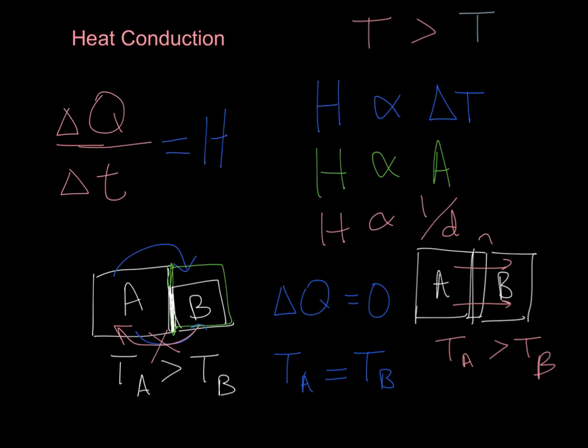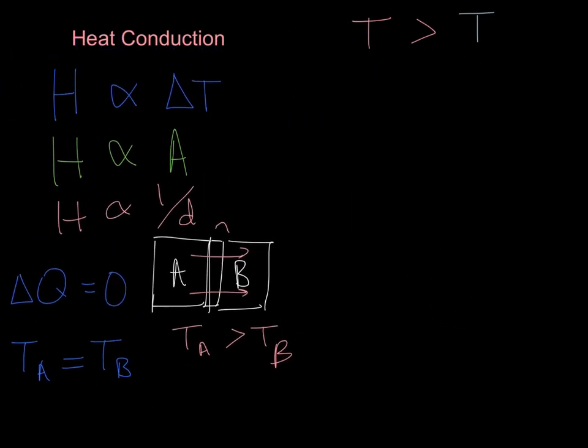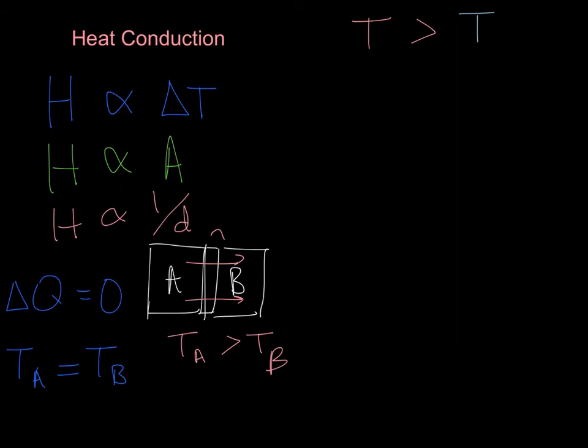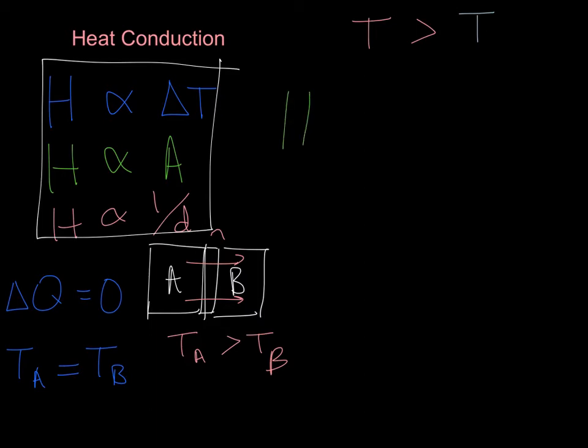Alright, so let me move some stuff around here. Let's try to get this over this way. So we have so far these three proportions that we can reason quite well what that would imply. If we make a compound proportion, we have that the rate of heat transfer, which is H, so let me go ahead and write that out again, is proportional to A times delta T, T hot minus T cold, divided by D.